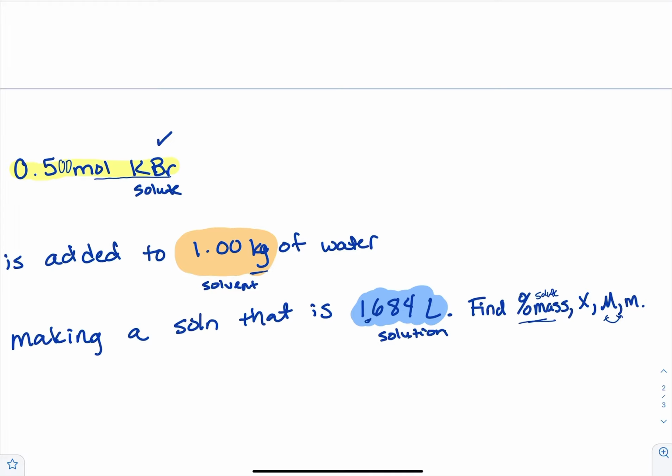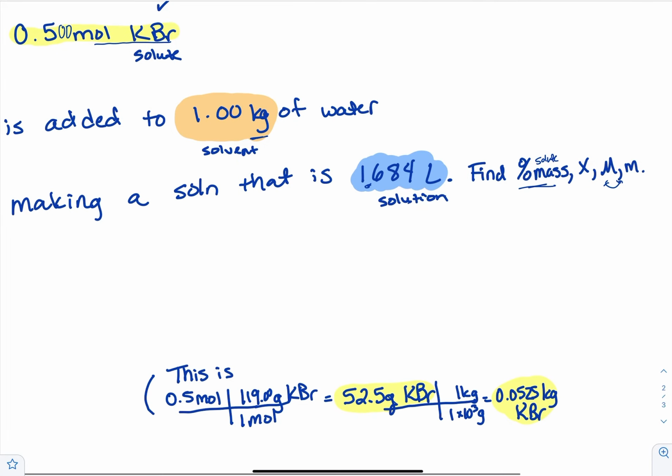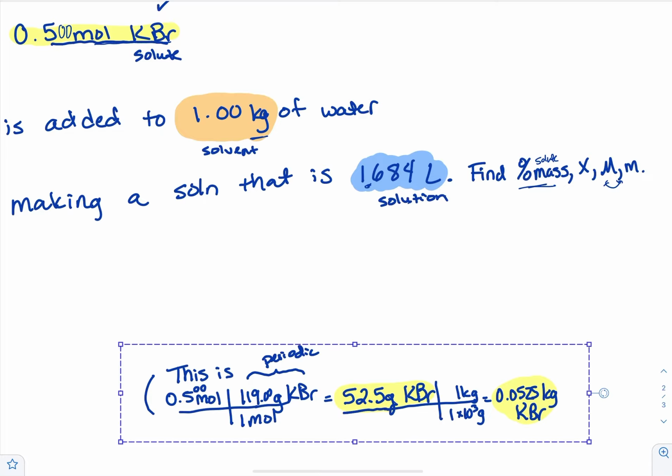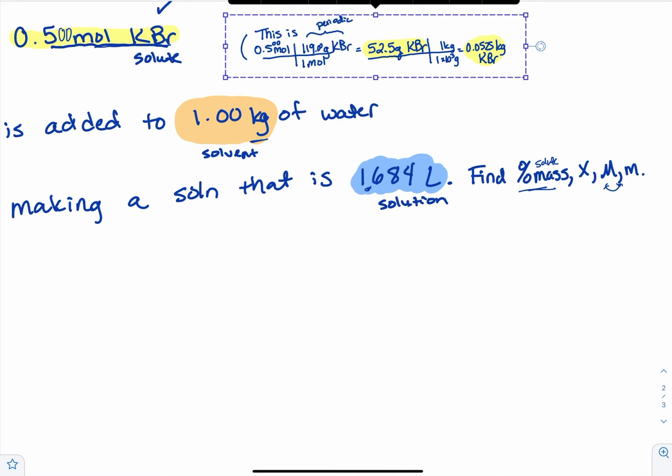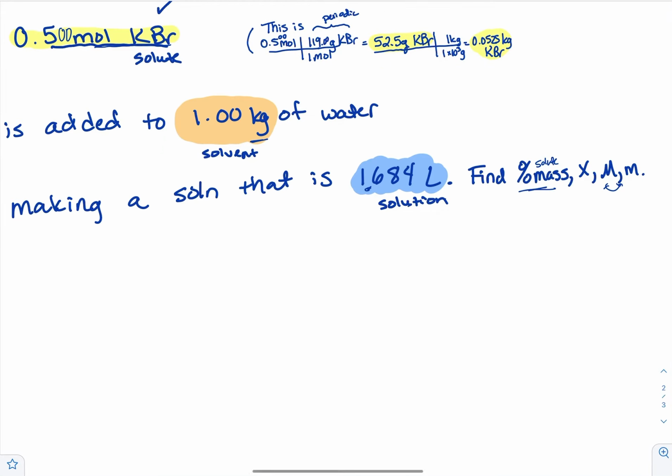So the first one is the moles of KBr solute. I just want to remind you that this is from adding the K and the Br on the periodic chart. You can get it into grams if you needed that for your unit, or you could do a conversion and get it into kilograms if you needed that. So when it says moles, don't forget it's really easy and fast to convert it into grams or kilograms. Kilograms is kind of a thing in this chapter. It really matters to one of the units, so just pointing that out.